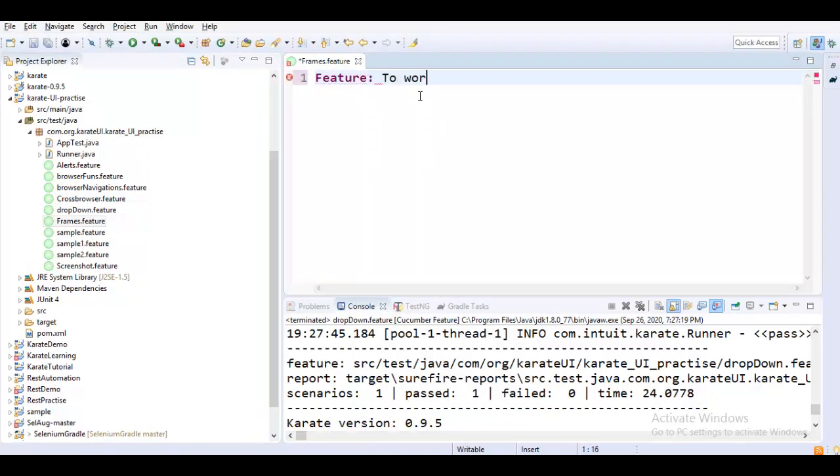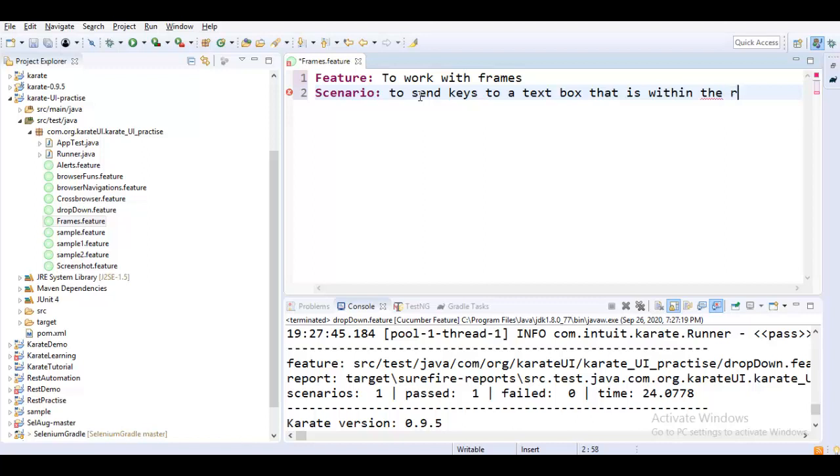To work with frames is my feature name, and the scenario would be to send keys to a text box that is within the frame.